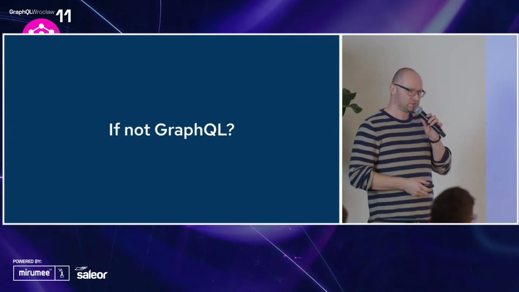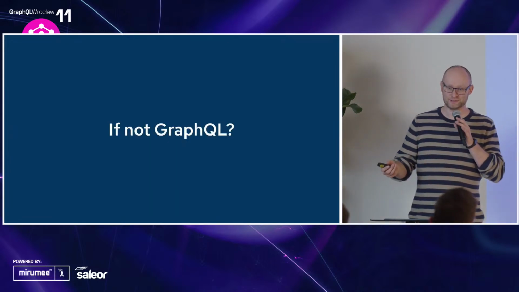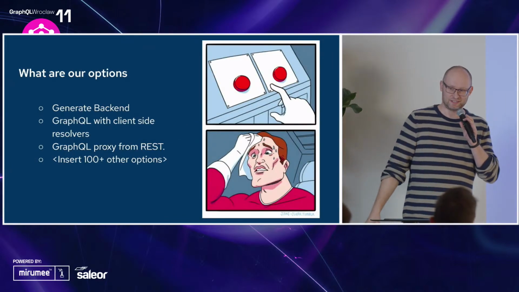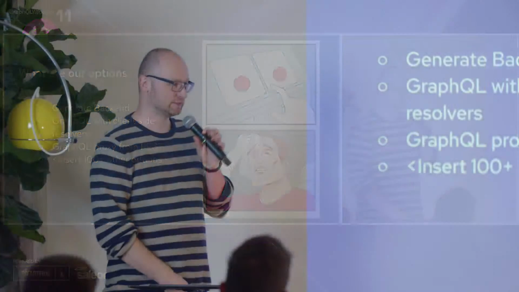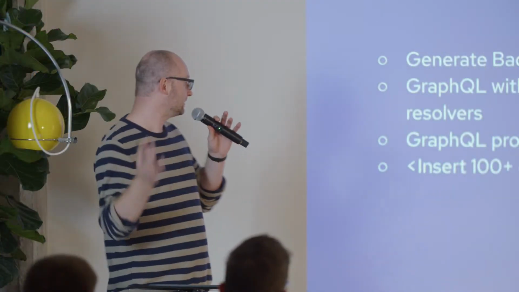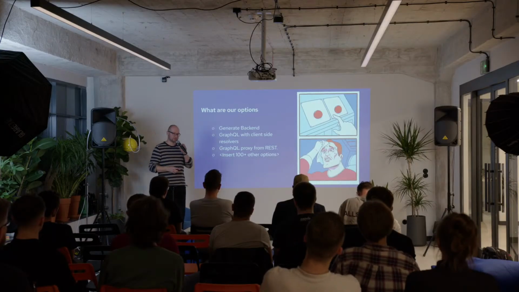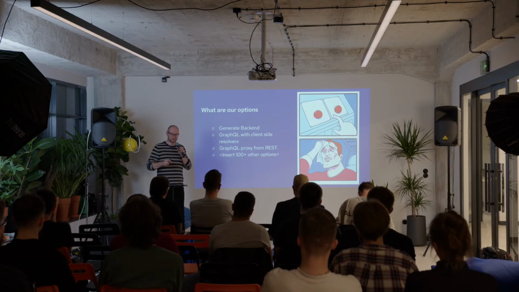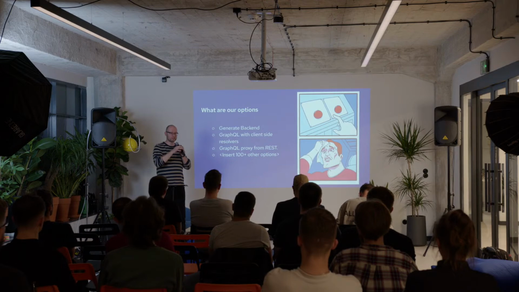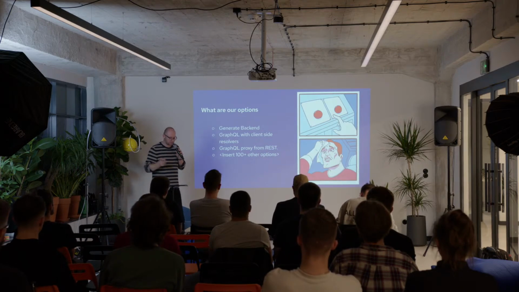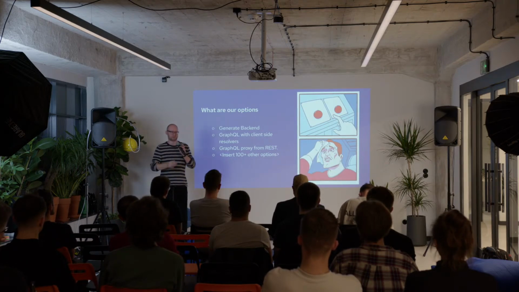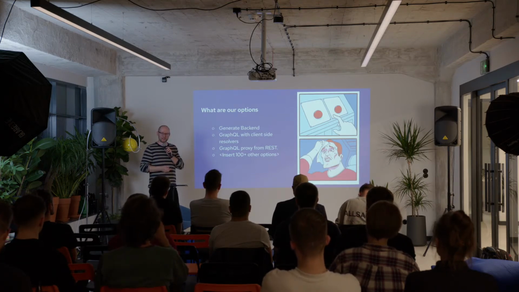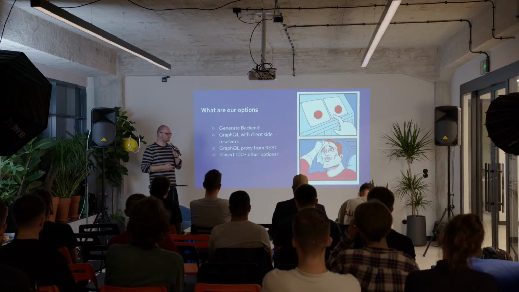So what options do you have? If you can't do GraphQL, what else could you do? There are a gazillion options. Over the last 2 years, I've been talking at different conferences about generating the backend. You can do GraphQL client-side queries, so you can do GraphQL only on the client and still do RESTful calls. You can do a GraphQL proxy. You can use Hasura. Many, many different options, right? I tried them and we went to production with some of them.